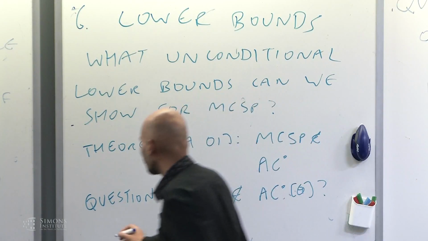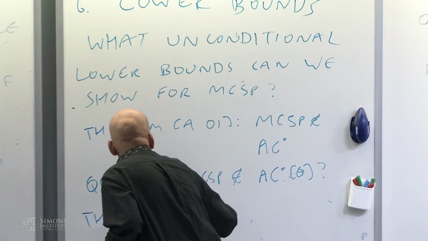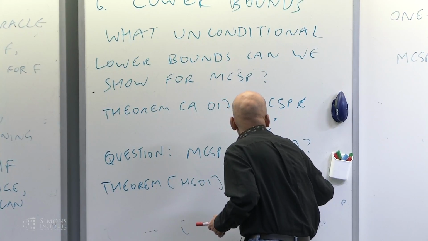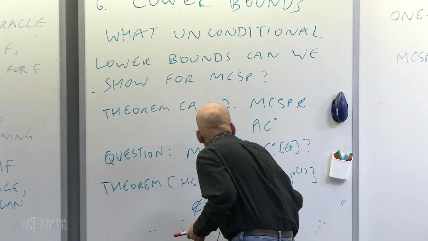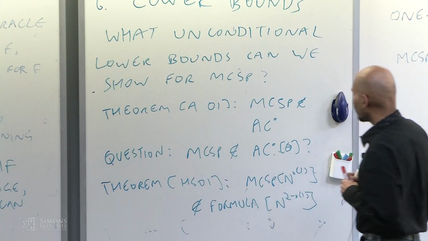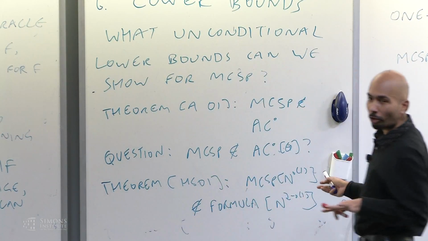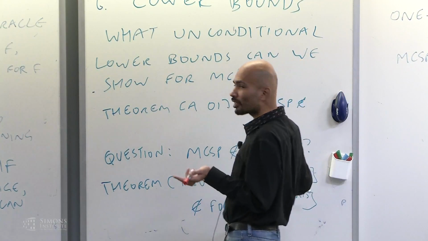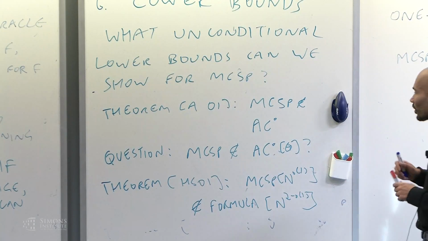What we are able to do, in joint work with Shuichi, is get some formula lower bounds. MCSP of n to the little o(1) is not in formulas of subquadratic size. So MCSP with the parameterized version where it's sub-polynomial doesn't have small formulas, so it requires quadratic size formulas. So we can say something about formulas. We don't get the best formula lower bounds, which are nearly cubic, but we have close to quadratic lower bounds. For AC0 of parity, we can't say anything at all.